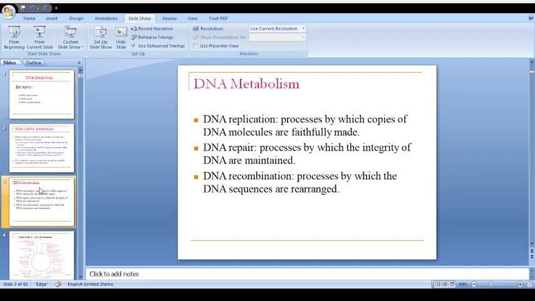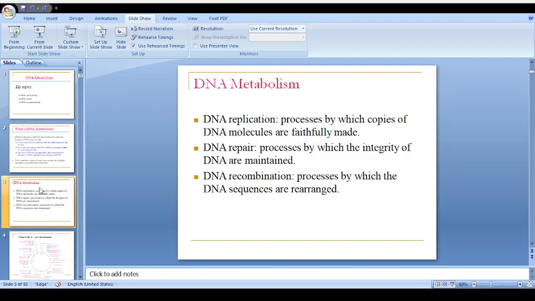That too is in the form of a semi-conservative mechanism. That is, one parental DNA copy and one daughter DNA copy is passed to the next generation, and another set is retained within the parent itself. In DNA repair, if any damage happens to the DNA, it has to be attended to, and the integrity of the DNA has to be maintained by the repair mechanism. And DNA recombination, by which DNA sequences are rearranged within the chromosome to provide a novel DNA